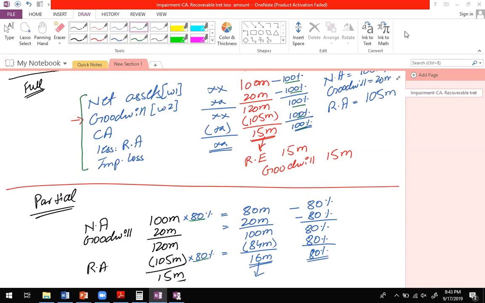Sufyan is saying, can you explain the difference between full and partial goodwill? Sufyan, I've already explained the difference in the last class. So you can actually get this from the recorded lectures of the previous class. Okay, so now we are going to make the accounting entries. And if I go down, what accounting entries are we going to make is,